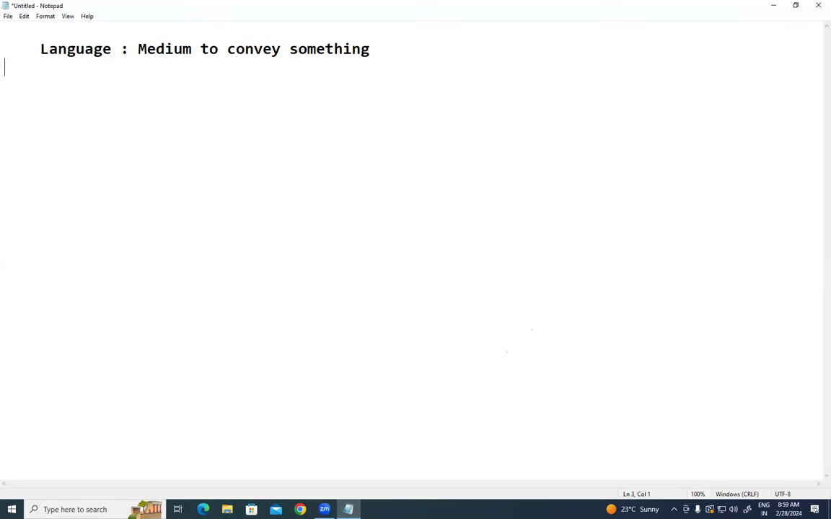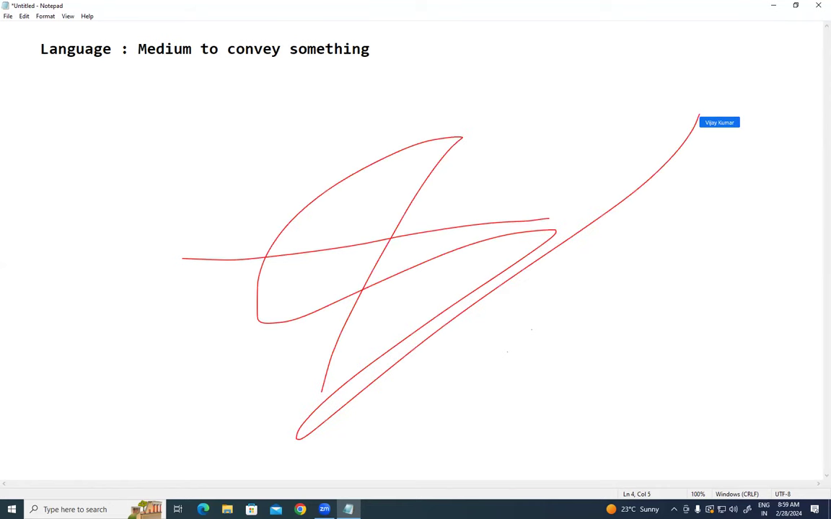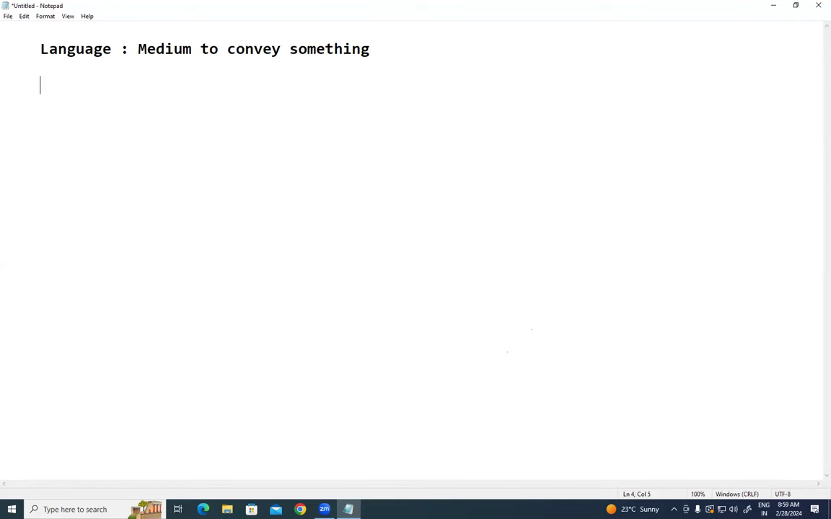Okay. See, I can tell you there are two types of languages. How many? Two types. See guys, I'm writing it point-wise. There are two types of languages. What are they? One is a